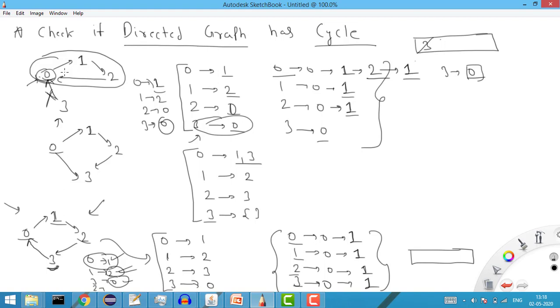So this is what we are doing. Our base is the incoming degree, and through the incoming degree we are checking whether there is a cycle or not. So when we solved this graph, there was not even a single point whose incoming degree was 0. So from the starting itself, we said that there is not a single such point, so it means there exists a cycle. But for this case there was a point here whose incoming degree was 0.